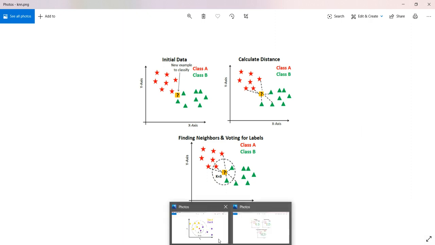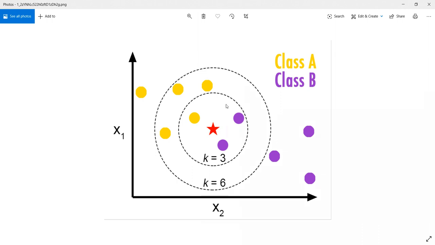I have another picture for you. This is another image. This is class A category and this is class B category. Based upon different K values, the regions are different, so the points that belong to each region are different. Here there is a single point and here there are 3 points. For different values of K there are different accuracies. The best accuracy means that is the best value for K, and we go with that.